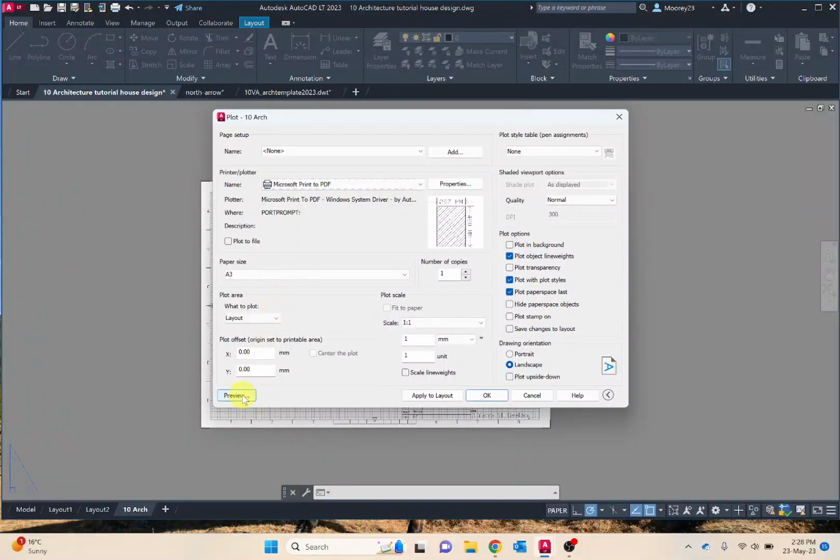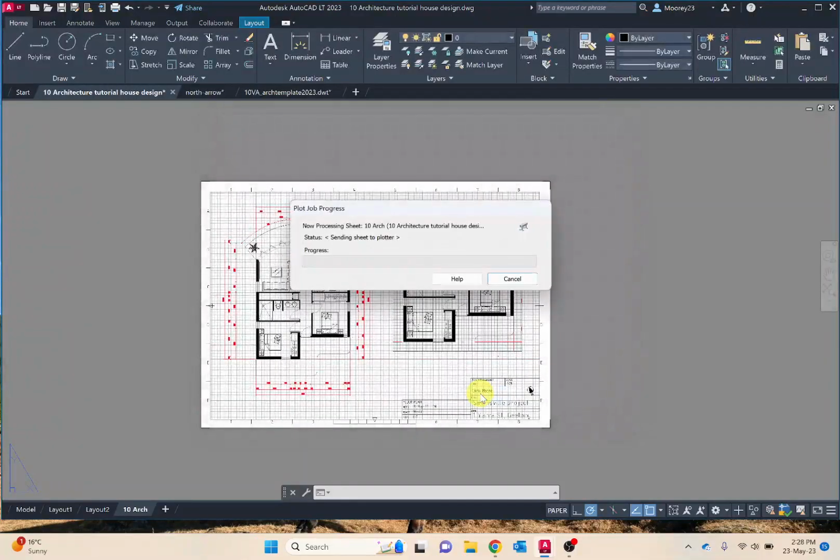We can do that print preview if we wish, which I had at the start. Really crucial things are plot transparencies if you've applied them, and plot object line weight is critical, so have that selected, and then quality selected as presentation, so it's a little bit better quality. Selecting OK, which will allow you to go